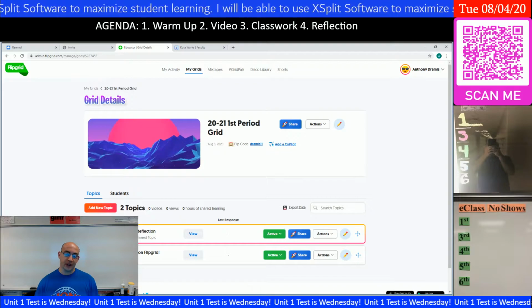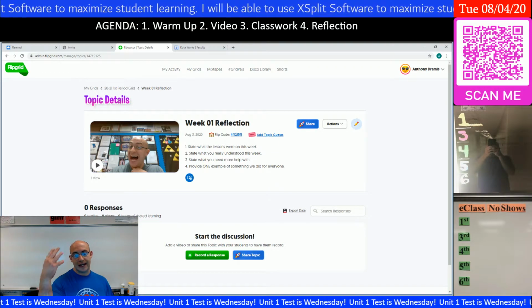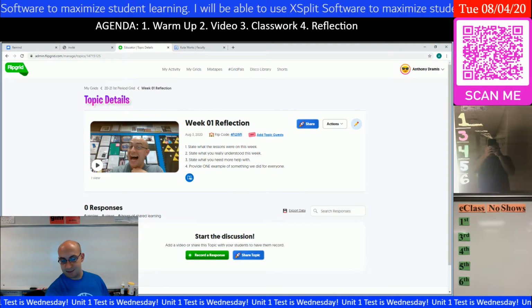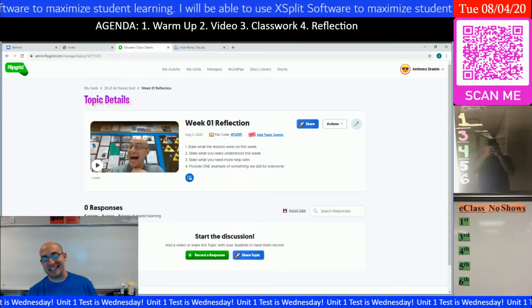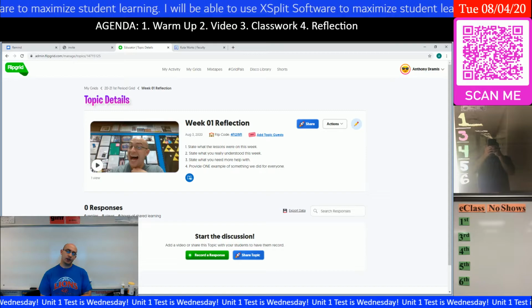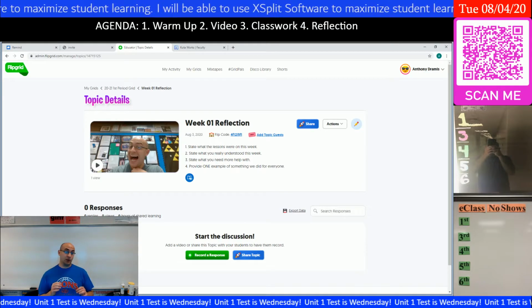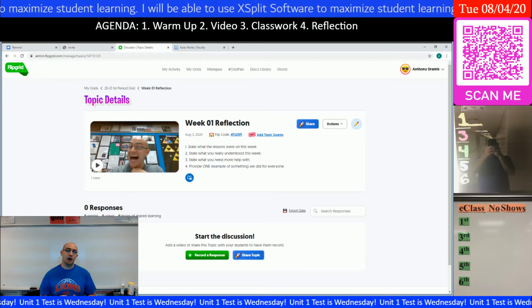What you're going to do is you're going to click on it, and it's going to give you a prompt. And there are 4 questions you're going to answer or 4 things you're going to state. Number 1, you're going to state what the lessons were on the week. Number 2, you're going to state what you really understood. Number 3, you're going to state what you need more help with. And the 4th thing is you're going to explain one example of something we